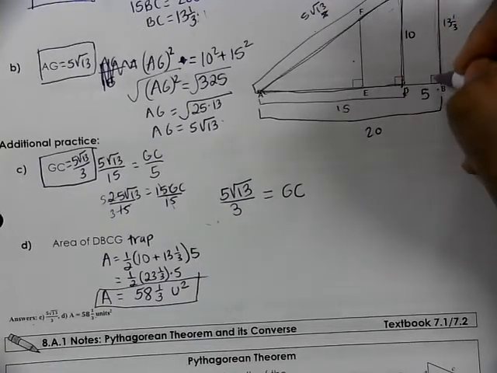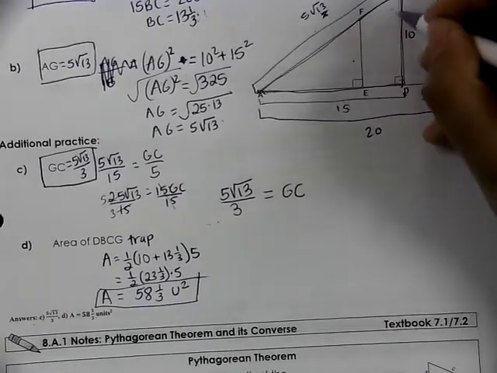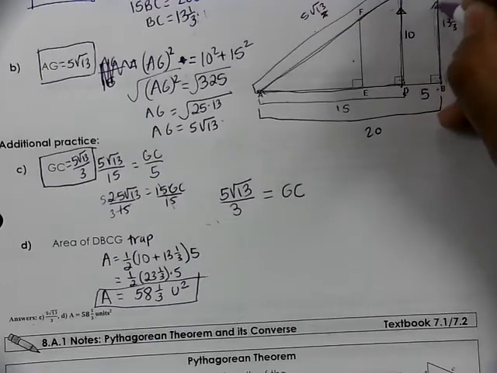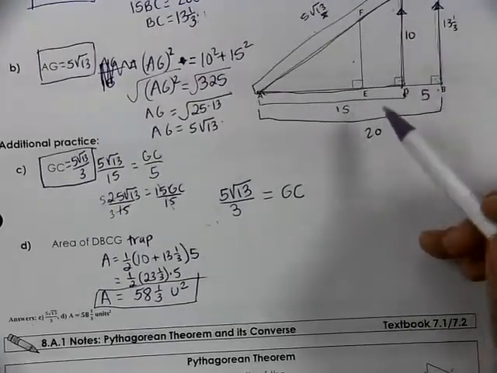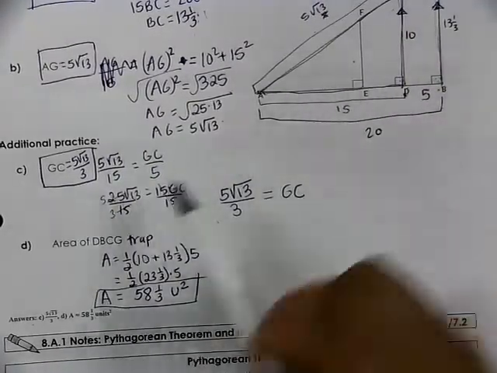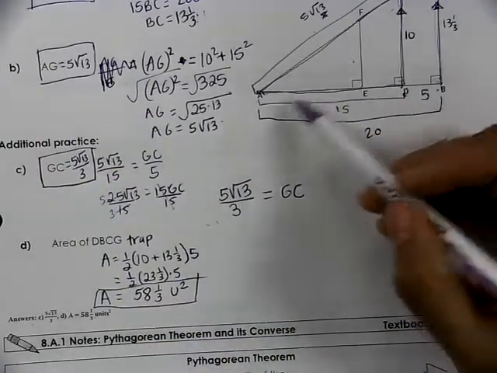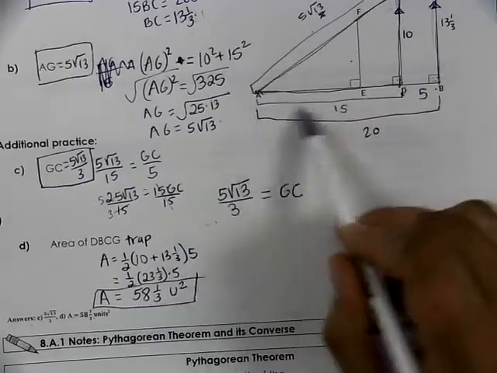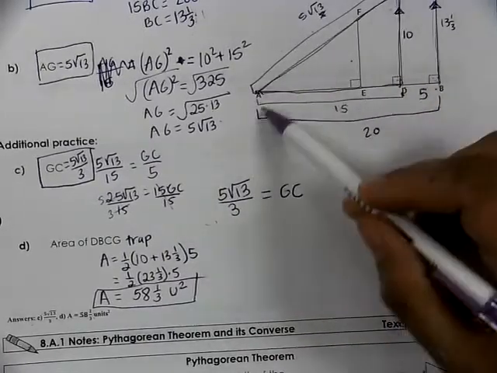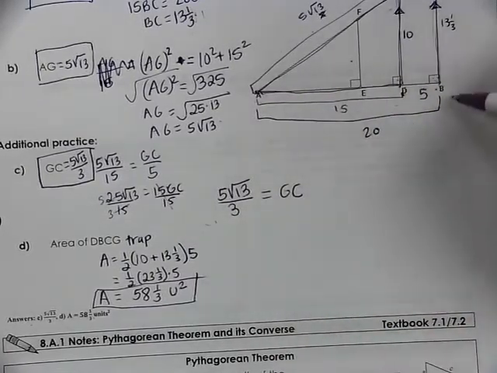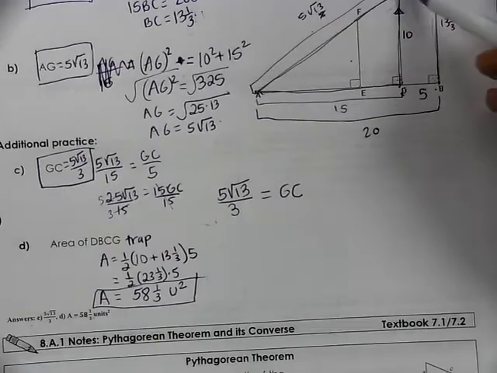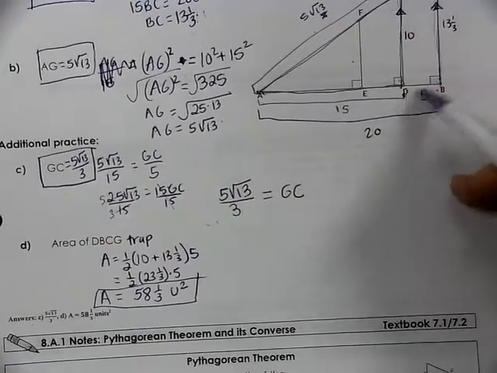And since these are right angles with straight lines, we know that these would have to be parallel. So that's why we're able to use the triangle proportionality theorem. And so here's my proportion using the answer I got from AG. So this whole side corresponds to the 15. So 5√13 over 15, and then GC was what we were looking for, this little section, over the corresponding section,